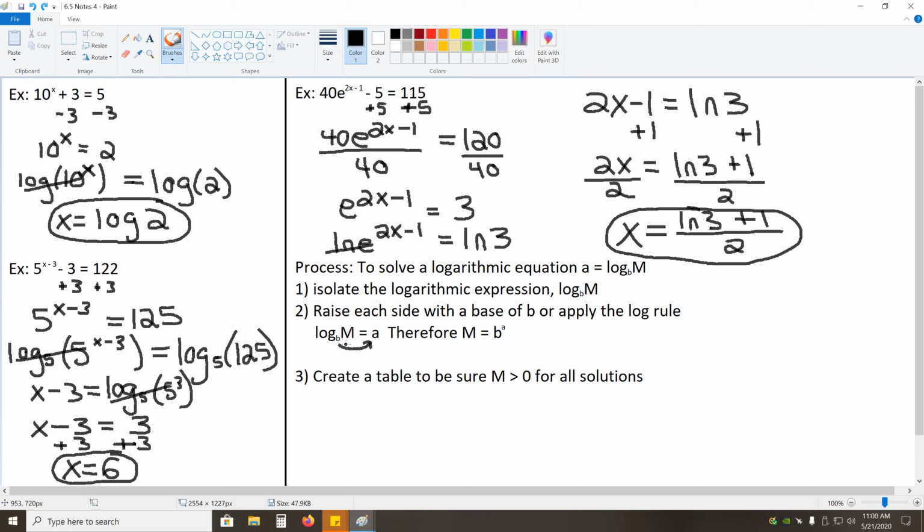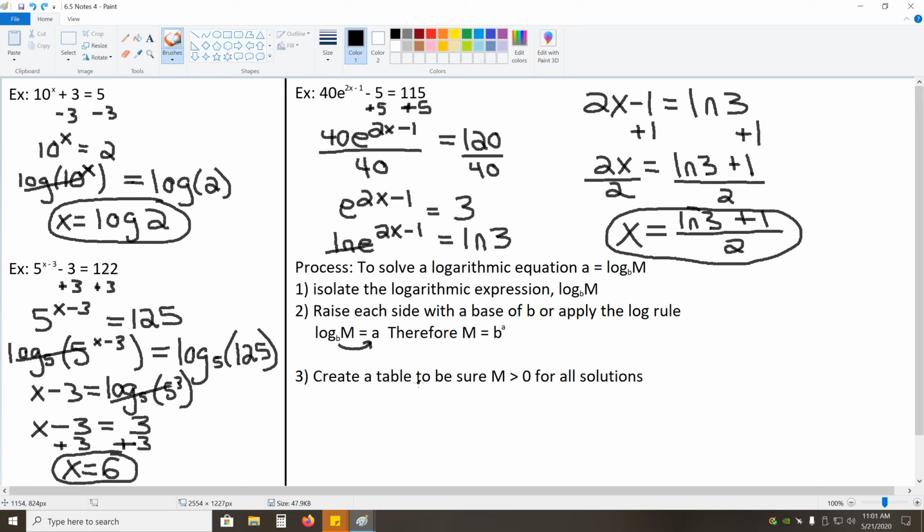Remember, you can also do this by just moving the base b to the other side of the equation, which gives us m equals b to the a power. Either one of these is perfectly acceptable to show your work. And once you do that, you will create a table to be sure that m is greater than 0 for all solutions. Okay, so basically everything was the same as exponential equations, except at the very end, we just have